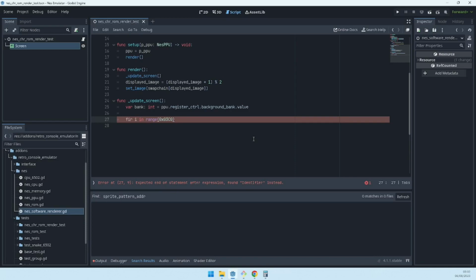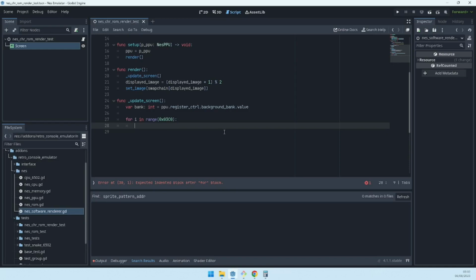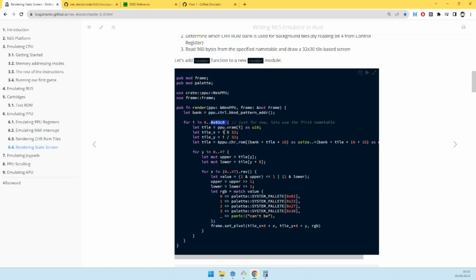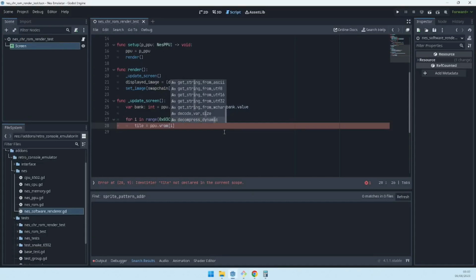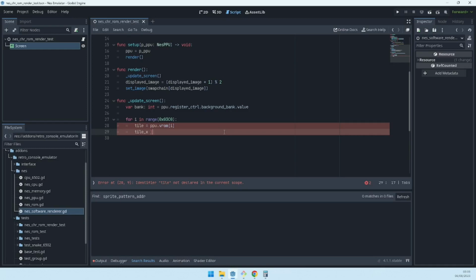0x3c0. So we are going to read the tile. Tile equals ppu dot vram. Tile x equals